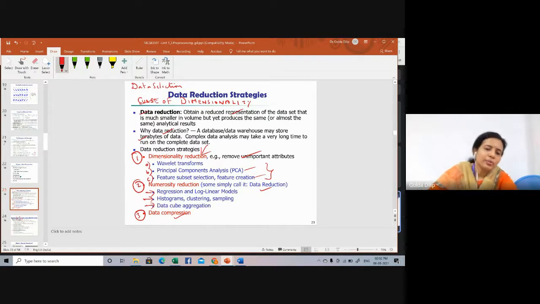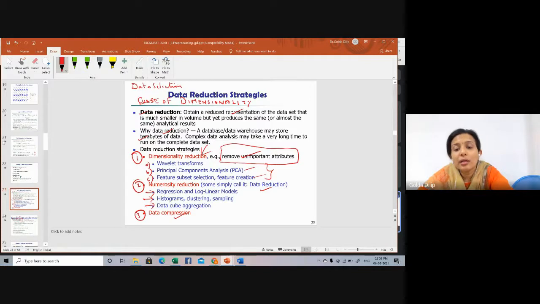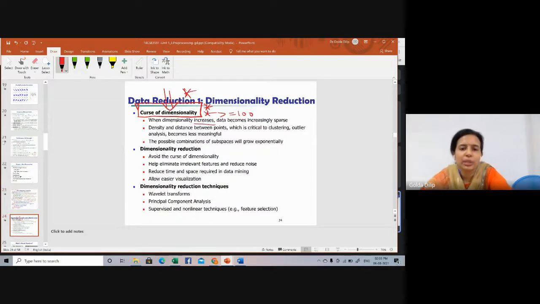Okay, so we have to go for removing the unimportant attributes, because there will be hundreds of attributes for one particular analysis. All the 100 may not be relevant. So you try to order them, bring out their significance, and understand which is more important using some feature selection technique. Then consider only those attributes which are of importance to us, and proceed with them.